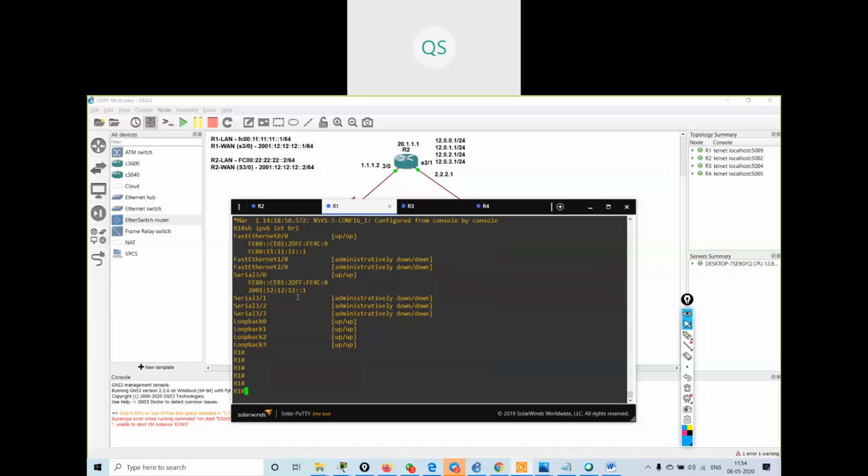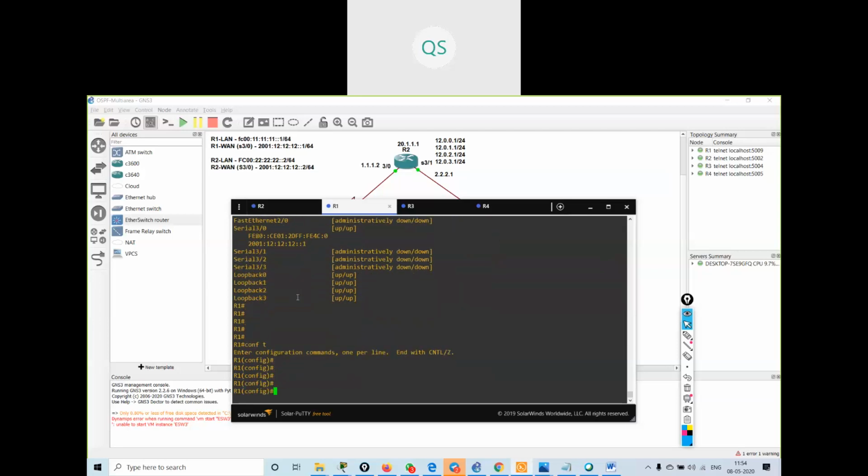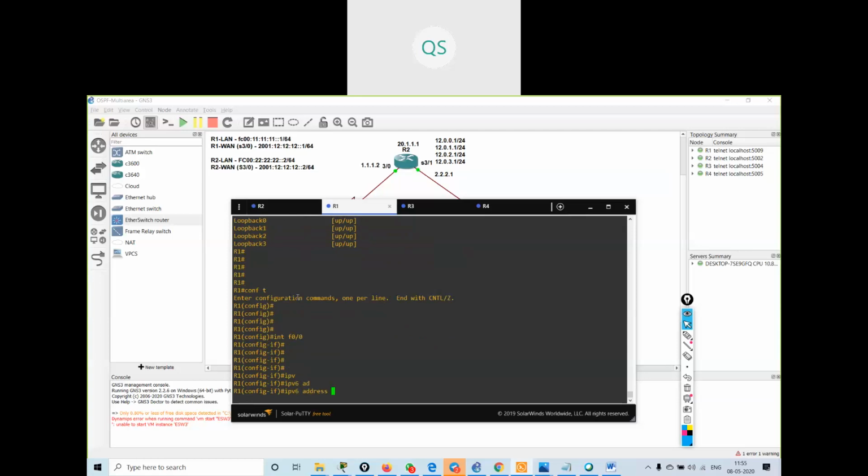I can go inside the interface, FastEthernet 0/0. I will say IPv6 address FE80::1. I can give any number that I want. And I will say this will be my link local address.